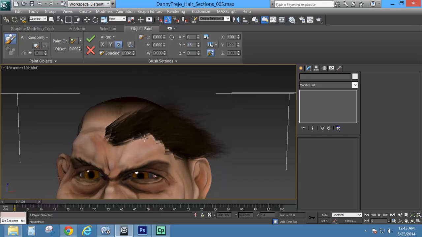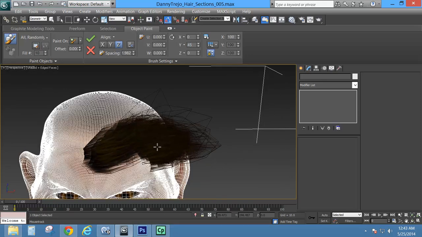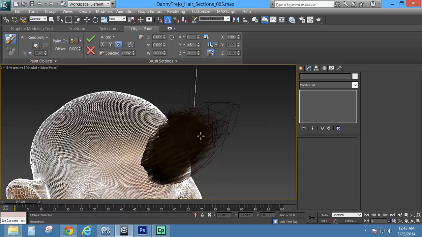Okay, so I've got all these different hair strands. So if I turn on my wireframe, I can see the geometry of all these pieces, which is going to be a lot less than if I were to take the individual strands that I had from the other file, which is another way to go about it, but it's going to be a lot higher polygons. And I usually work with games, so I don't want to do that. I know this is high poly, but this isn't the one that I would use for the games model. I'd use the normal maps. Anyway,